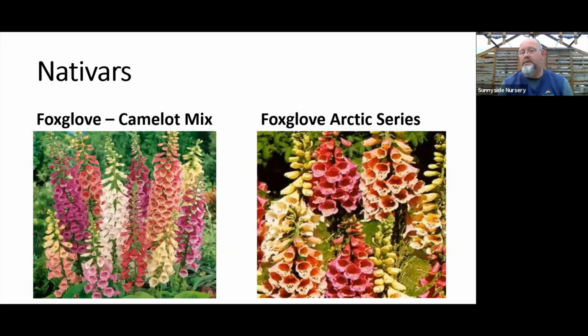We look at foxgloves. I mentioned those earlier. It's a great natural wildflower around here in Western Washington. We'll see foxgloves blooming all over the place each year. Keep in mind,